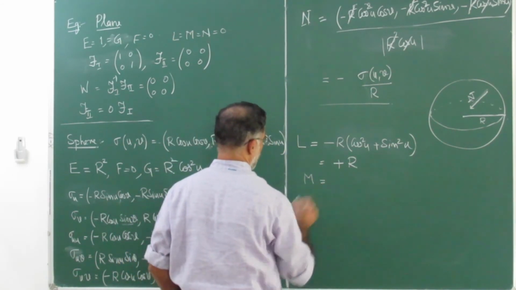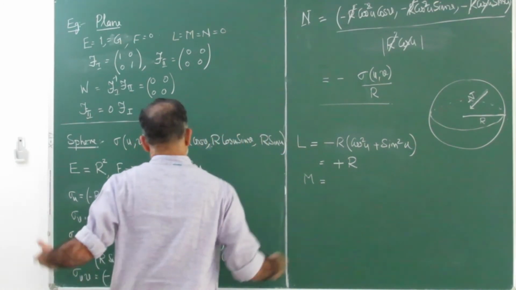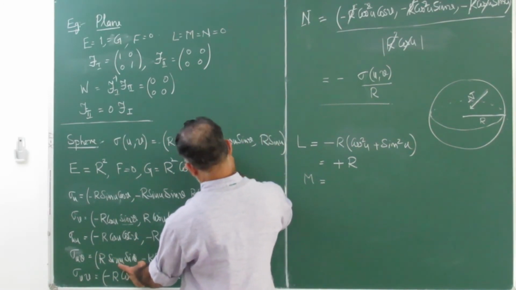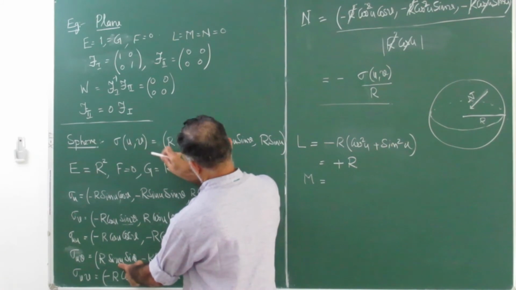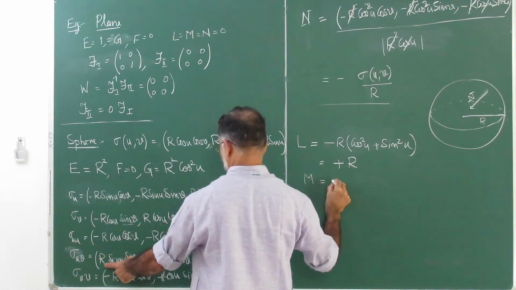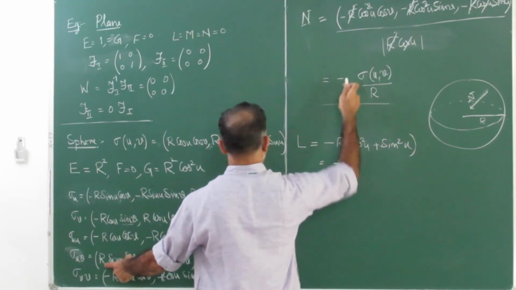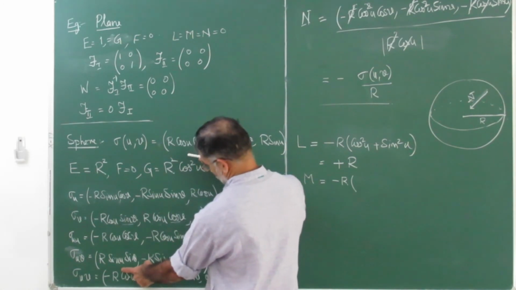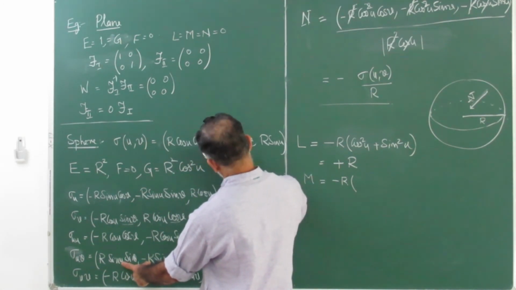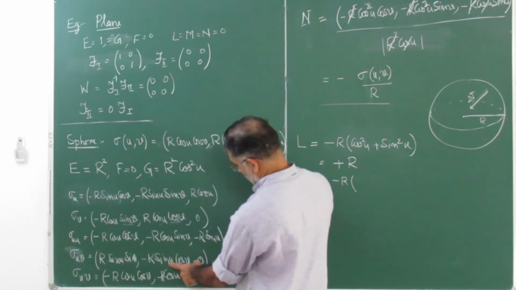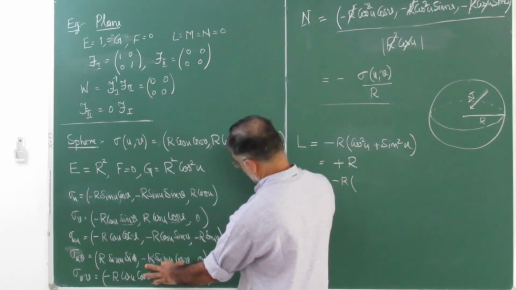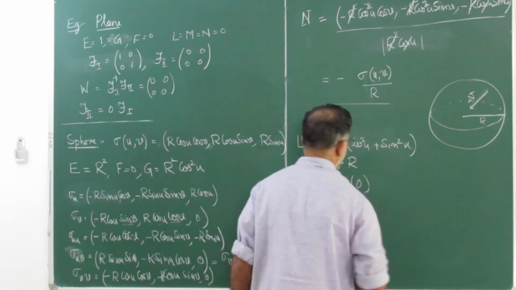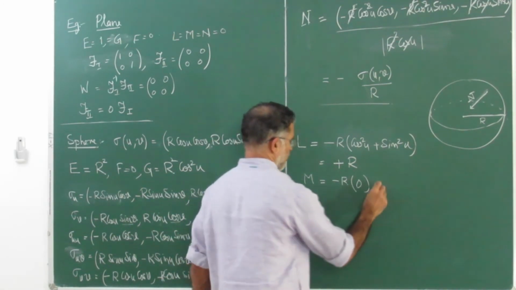m is expected to be 0. Let us look at this. So this is sigma uv. So there is an r here. There is no r here. There is an r here. So r and that minus sign, I will put minus sign here. So now what do you get? So this is going to be cos u sin u cos v sin v. And this one, there is one minus sign. And cos u sin u cos v sin v. So they get cancelled. So this is 0. M is going to be 0.